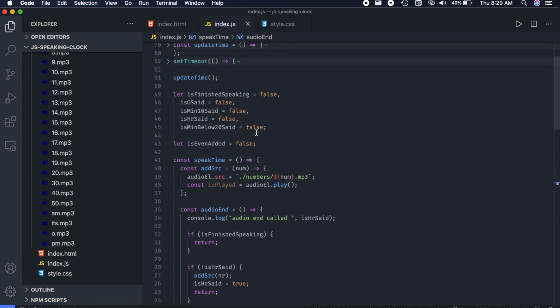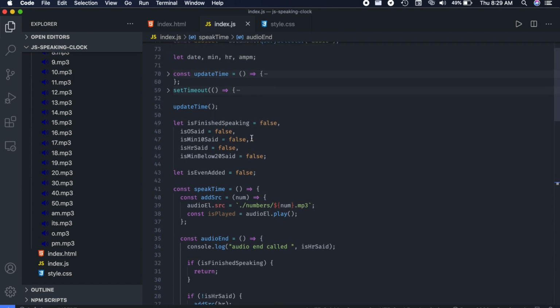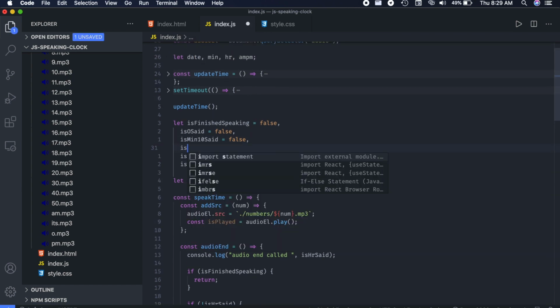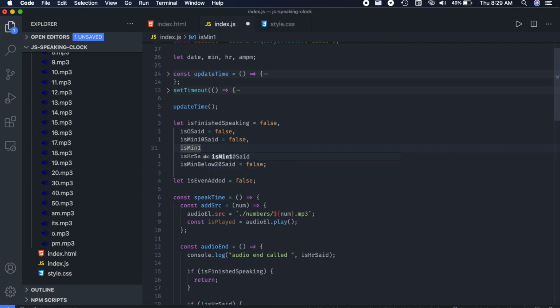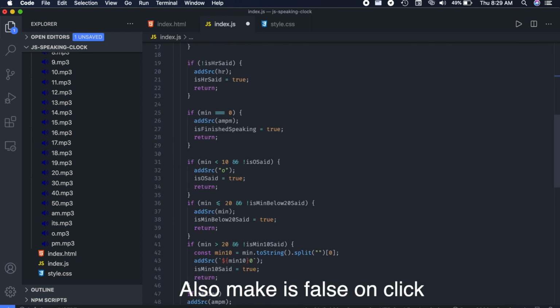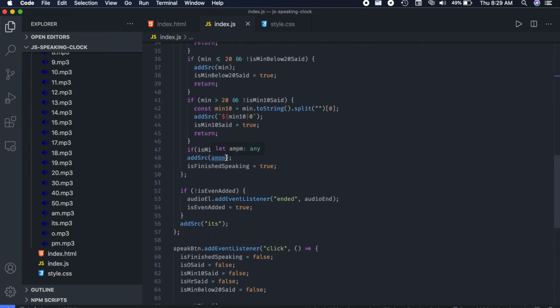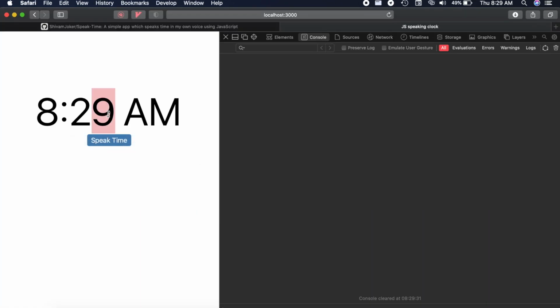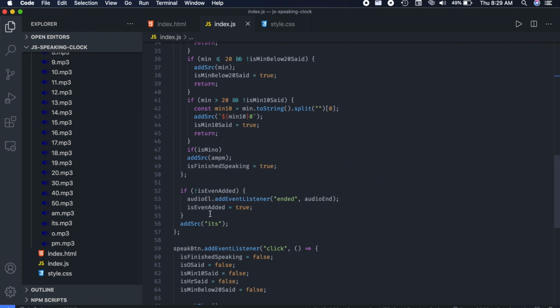Do we have is minute 1 set also? Yes, we also need to add another variable, is minute 1 set, equals to false, so that we can keep track of that. This is minute 1. All right, I could have named it better, but no worries. Is minute 1 set is false,